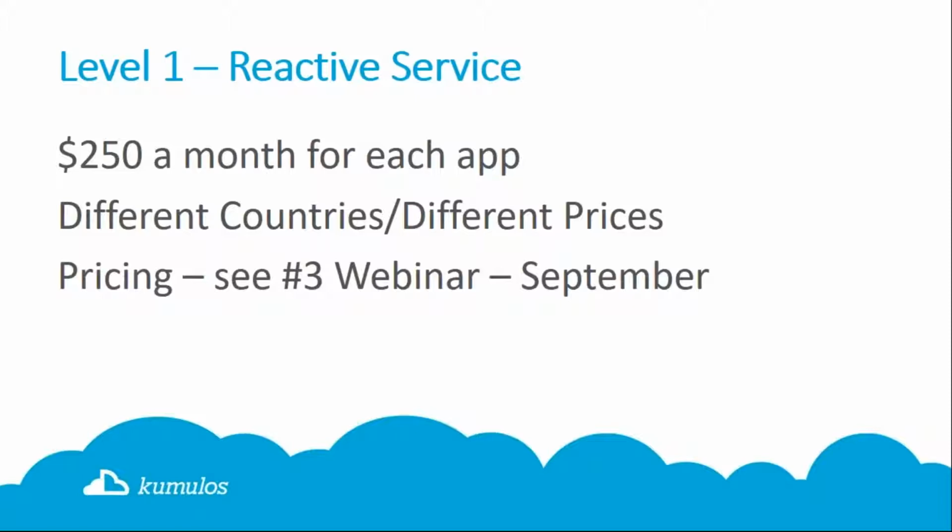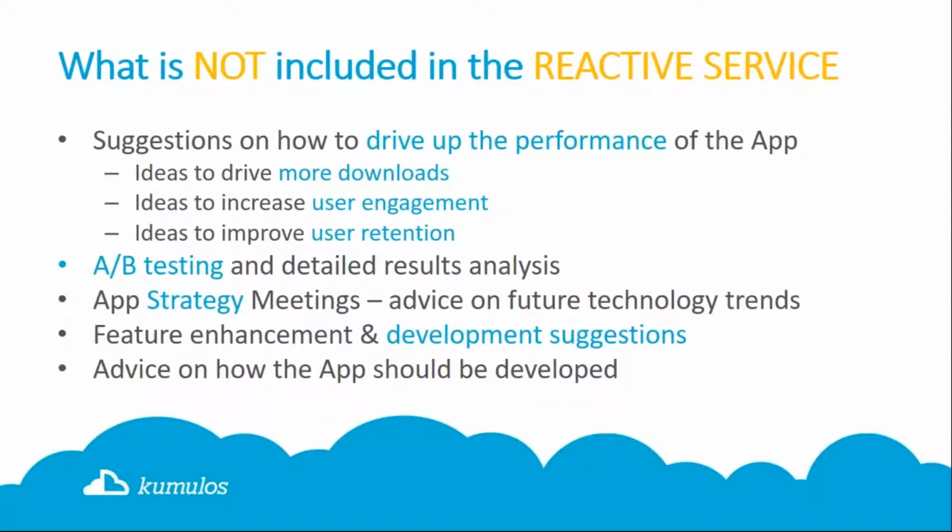Equally important, I keep emphasizing this, is what's not included in the reactive service. So making a very clear statement that you're paying for this, but you're not paying for the following services. So you're not paying for a strategic meeting to discuss how they might want to improve their app. You're not paying for any ideas in terms of how they can actually improve the performance of the App Store listing, and a whole bunch of other things. So you're kind of dangling these as carrots to almost get the client to ask, well, maybe I do want to pay for these things, and if they do,